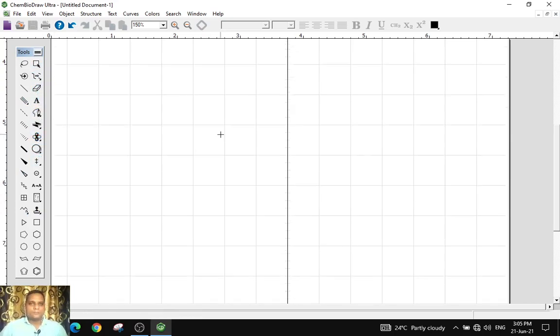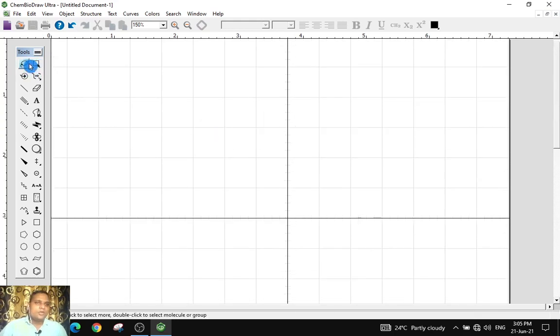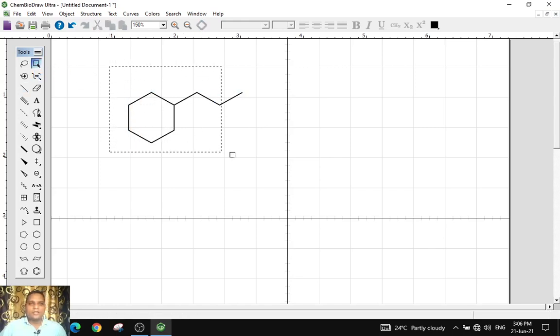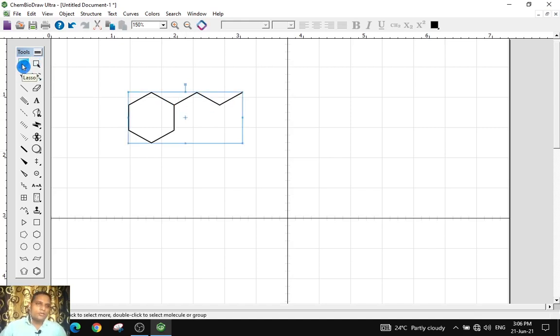chemical reactions. First, these two arrows are used for selecting a specific portion of the compound. Suppose this is a cyclohexane ring and we are putting a long chain there. If you want to select the whole thing, you can directly select it by dragging the mouse arrow towards the whole structure. The second option is that you don't want to select all of this, but you just want the cyclohexane. What you can do is click on the lasso button and drag by clicking the mouse button,